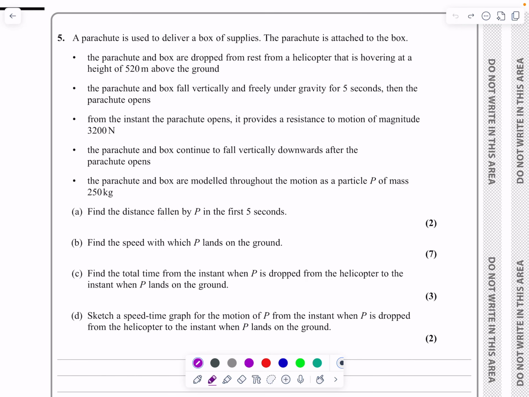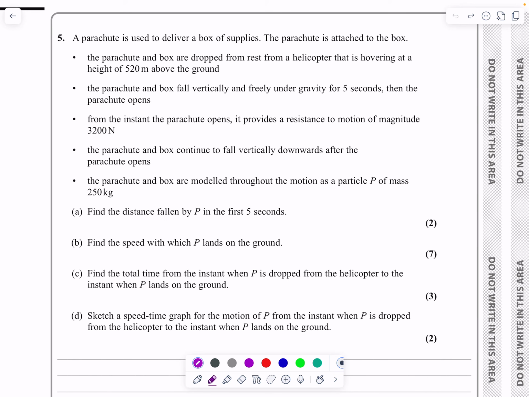Okay, this is the M1 paper from June 2024. It's question number 5, and as we can see by looking at it, this is a kinematics question. It's vertical motion under gravity, but it's quite a complicated question. So what I'm going to do slightly unusually is I'm going to take all the information you can see there